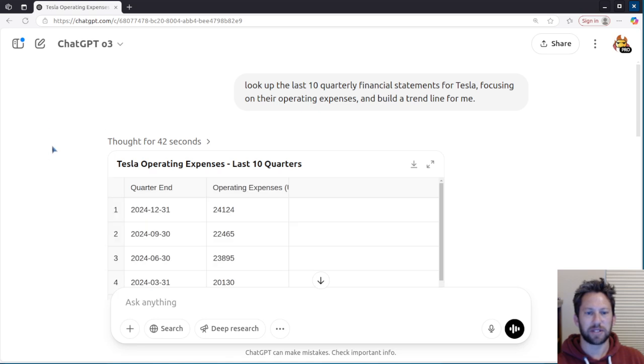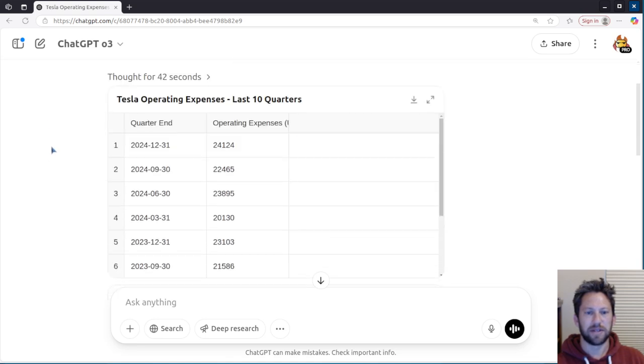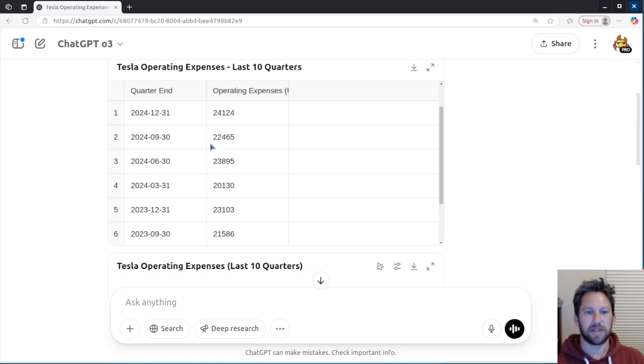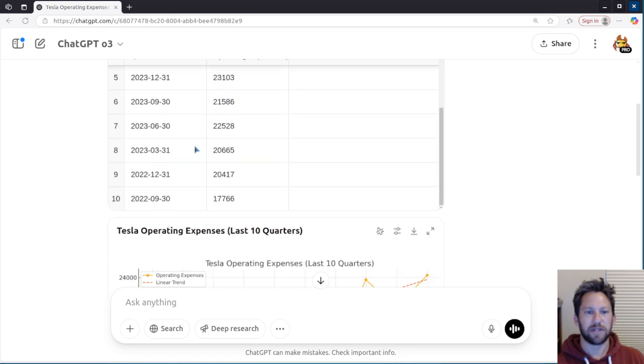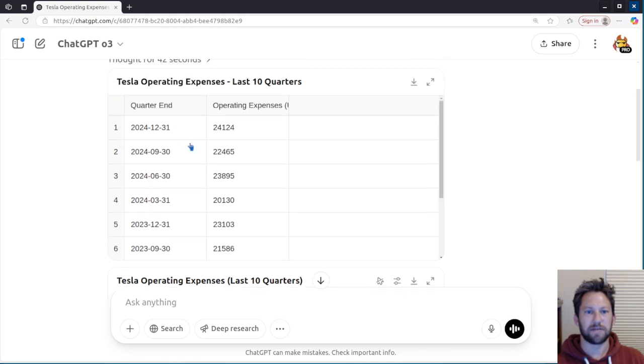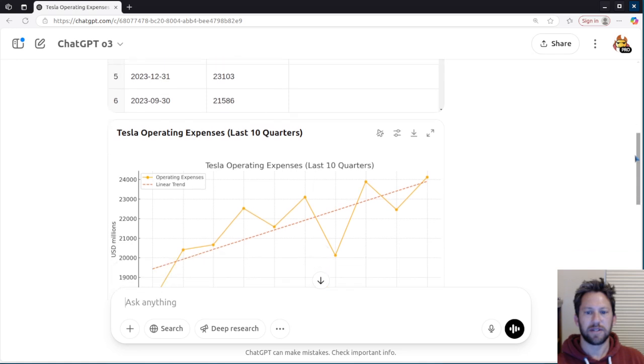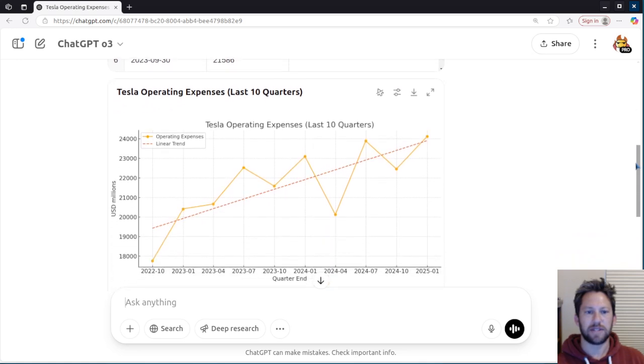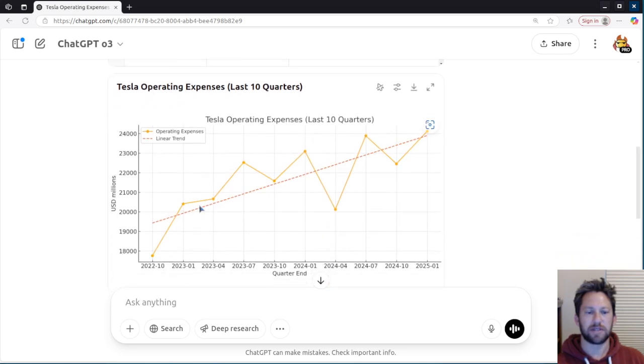So Tesla operating expenses last 10 quarters. This is what it's saying the values are. And we can go in and validate this to see if it's actually correct when we have a source that it gives us. And as you can see, it's got the operating expenses, and it looks like it's kind of variable up and down, but there is a pretty consistent trend that you can see over the past 10 quarters,